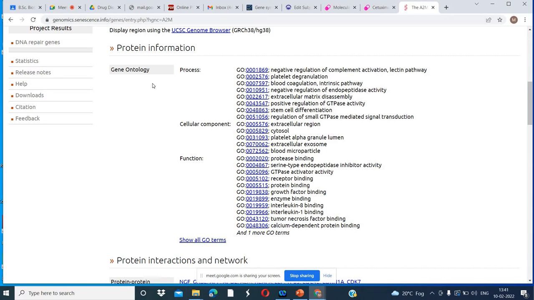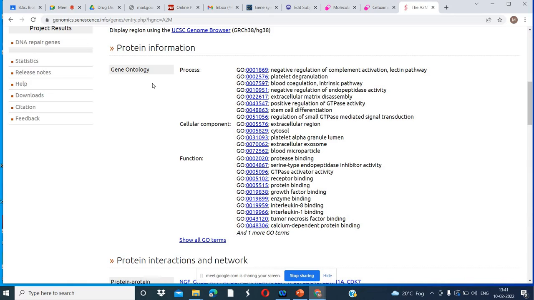So on a single database we are getting everything. Cellular components: extracellular region, cytosol. It shows the location, what the components are, extracellular exosomes, blood microparticles. Okay. Gene ontology is provided here. You can click on that or you can search further.